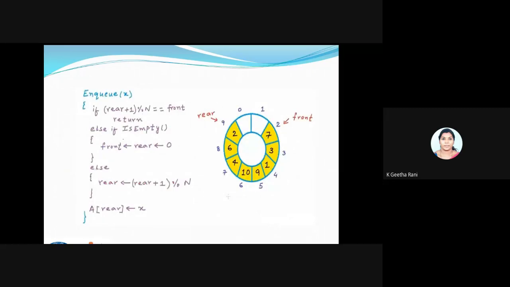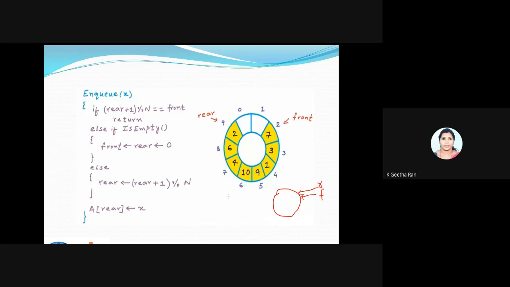But you can see a little bit of a slight change in the circular array. You can see if my rear plus 1 modulus of n is equal to front. So what is the meaning of this? When I say my queue is full, assume I'm having a circle. Take this as a circle, and I'm having a front here. So I call my circular array full when my rear comes near to my front.